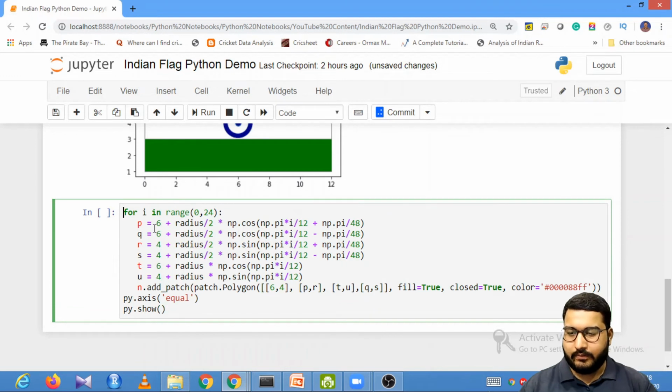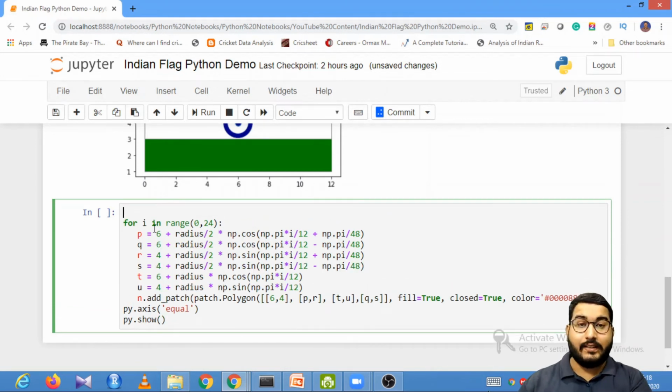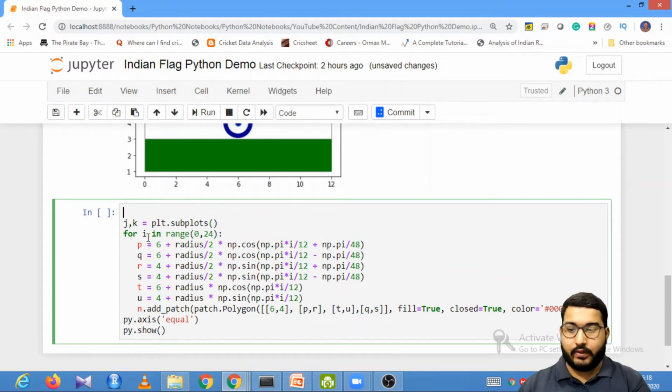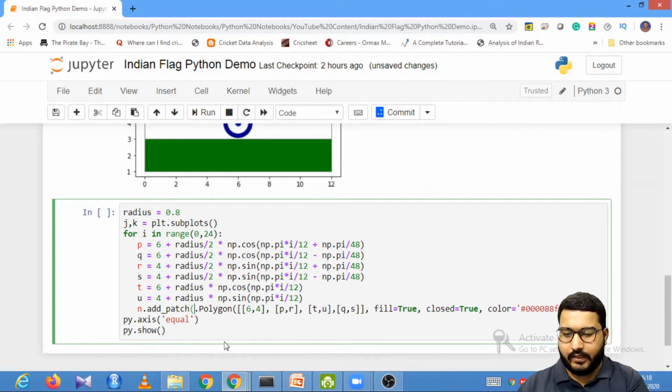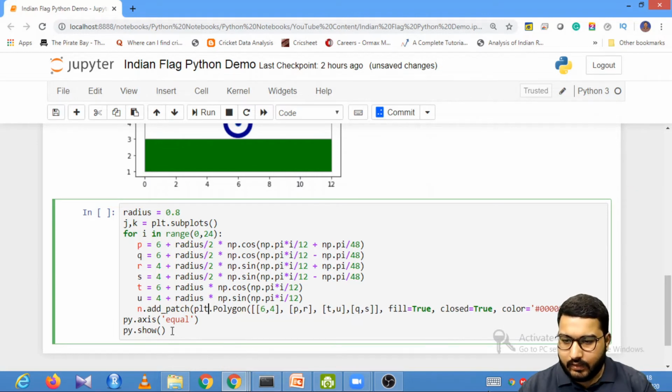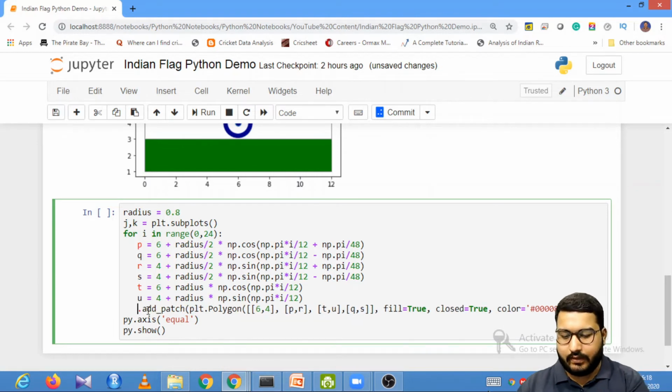Let me first of all create a figure so that I can show you the spikes that are created. So let me say j comma k is equal to plt.subplots. Then I have the radius, so radius is 0.8, and then instead of this patch I can have plt, and instead of this I should have k.